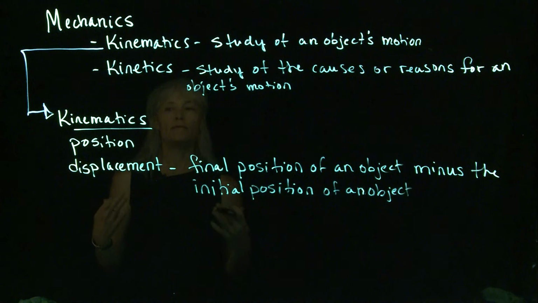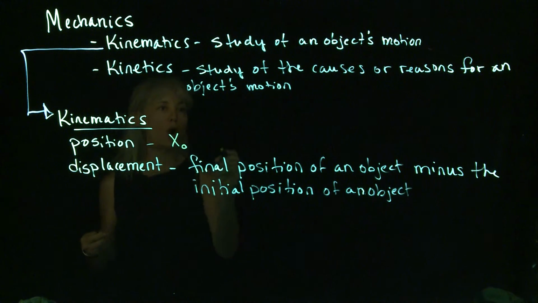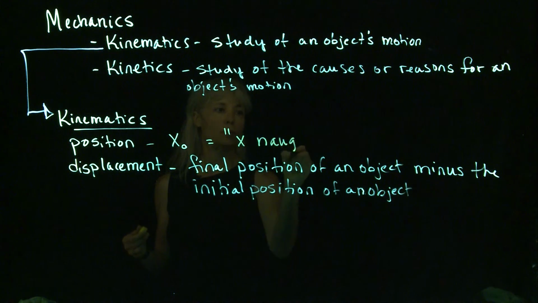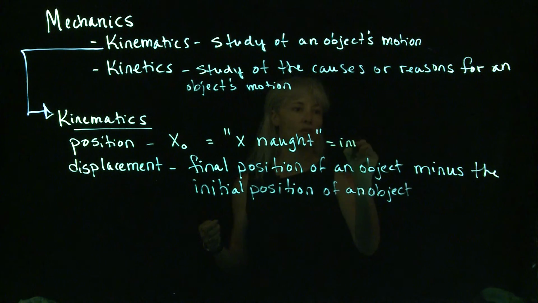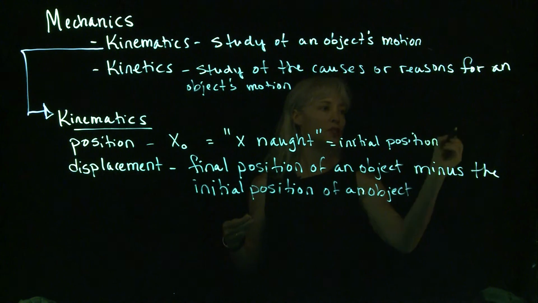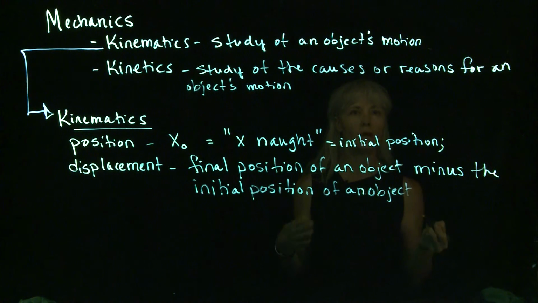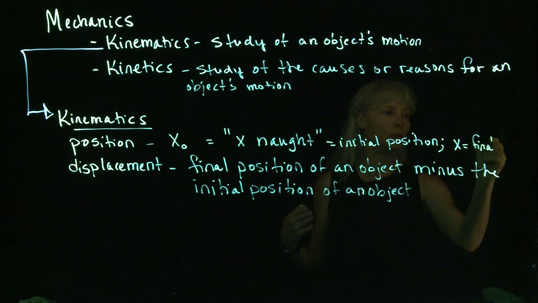If an object is just confined to move along a line, then we can define that position as just some x naught. This little sub O is spoken as x naught. These little sub O's are initial positions. So this is an initial position, okay? Where a final position normally doesn't have any subscript following it. And different textbooks have different nomenclature, but for our purposes, we're going to say x is equal to the final position